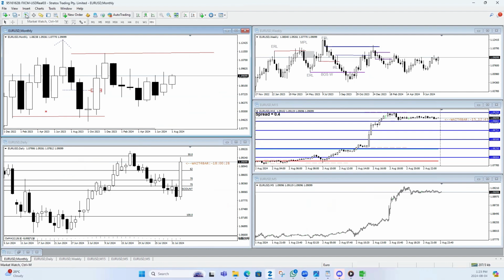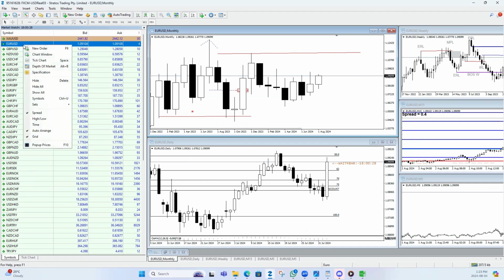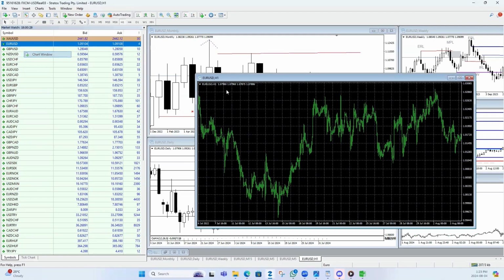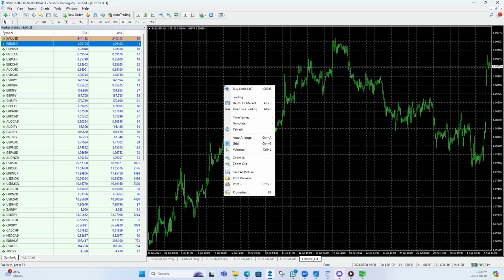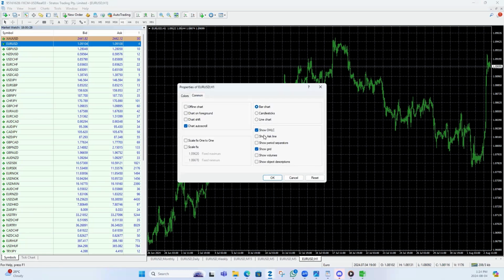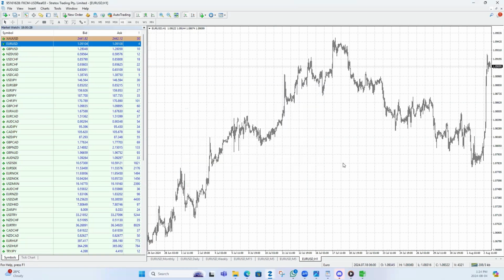Similar thing, you use this market watch where you can see all the currencies and everything. Once you have all the currencies, you click, for instance, Euro US dollar. You click on this, right click, then you say chart window. A new chart will appear right here. You can change the background of this chart by going to properties and everything. You can change the color and everything. You can use this color scheme, black on white, so it will be changed.